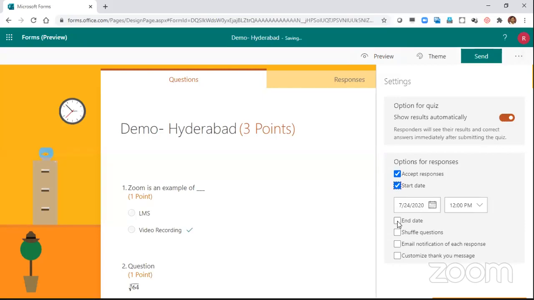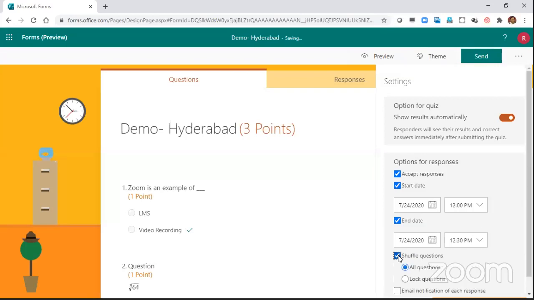Start date, end date. In Google Forms, we had to put an additional add-on like Form Limiter to restrict the timings of the test, or till when the due date is. To incorporate a due date, you had to put that. But in Microsoft Forms, it's inbuilt. So now start it at 12 o'clock, stop it at, let me give half an hour, assuming that I have given more questions. So for half an hour only, this test is accessible to your students. After half an hour, this test would not accept any more responses. This is inbuilt in Microsoft Forms. So that's why I'm showing Microsoft Forms.